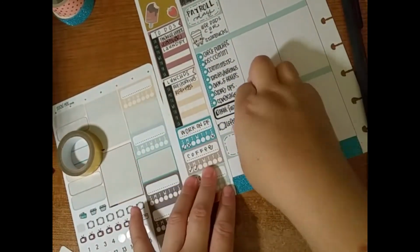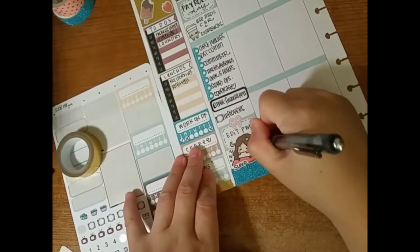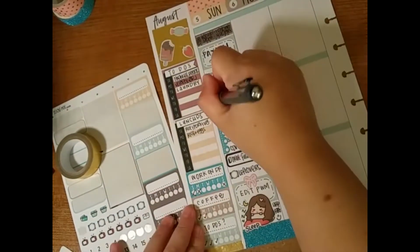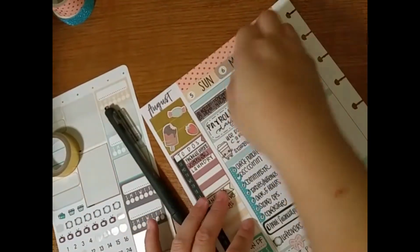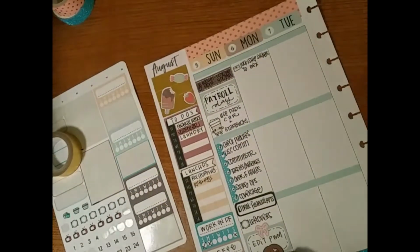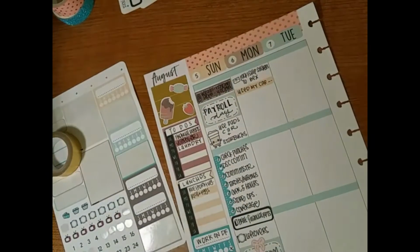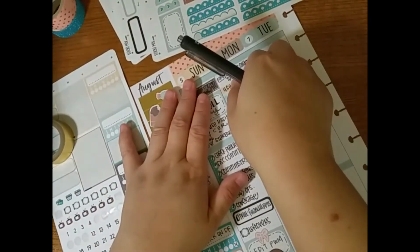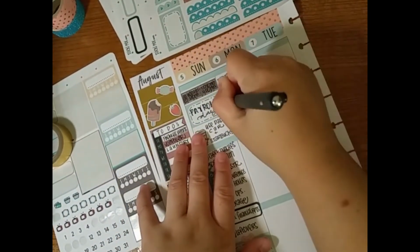Then I used this half box and a little Clever Gal Crafts bow on top of it, and wrote that I wanted to edit my plan with me from last week, and stuck down a sleepy sticker from Miss Caramel. So on Monday, work day again, I used one of those little mail icons that came with the kit, and then stuck down a little washi strip and wrote that I used my car because my car started